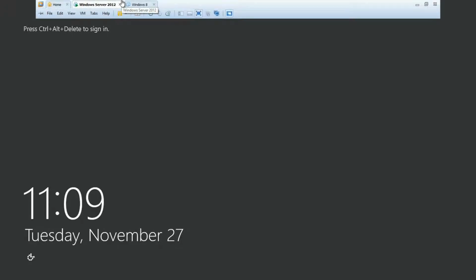Today's tutorial is going to be Windows Server 2012 FTP server. So let's go ahead and log into the actual server, and of course I'm going to teach you how to install, configure, and actually use it. At the end of the tutorial I will show you how to connect to it externally